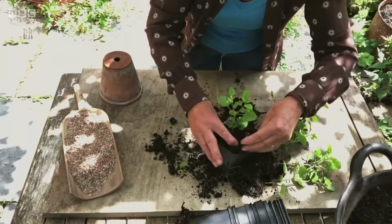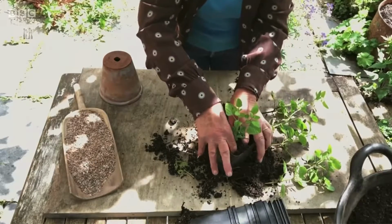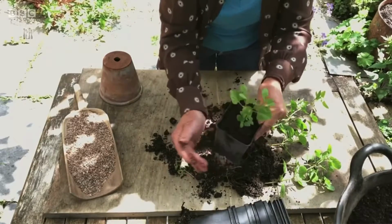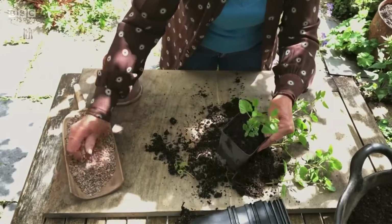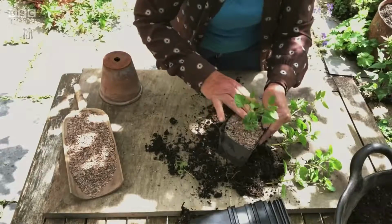So in we go. Just make sure that you firm it down very gently at first. Just shake it down, and then the obligatory grit on the top. That'll help retain moisture, stop any weeds growing. I don't think they're going to rot anyway, but it'll make sure that they don't, because these stems now are